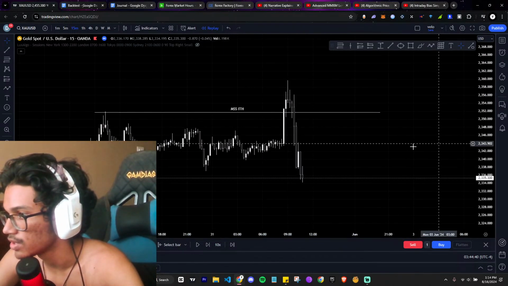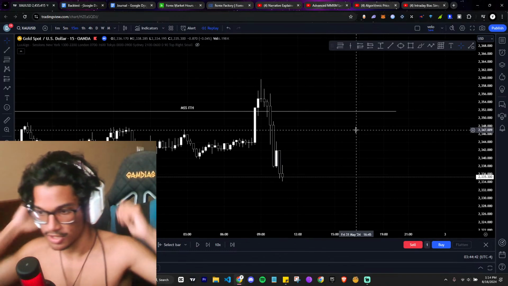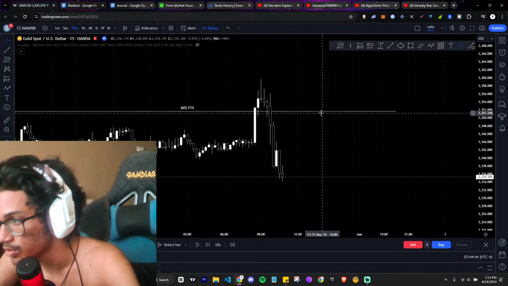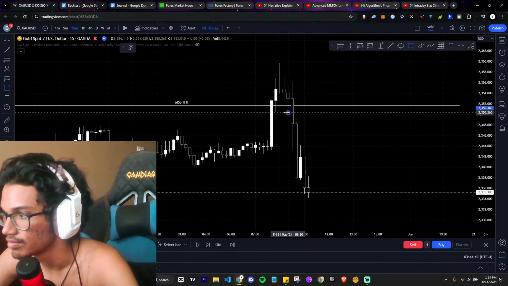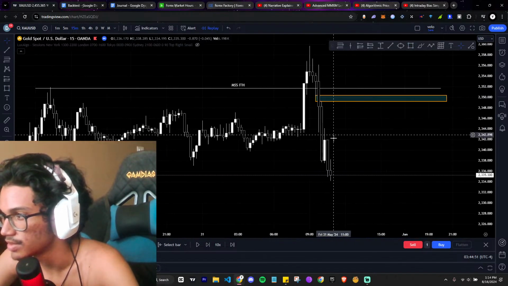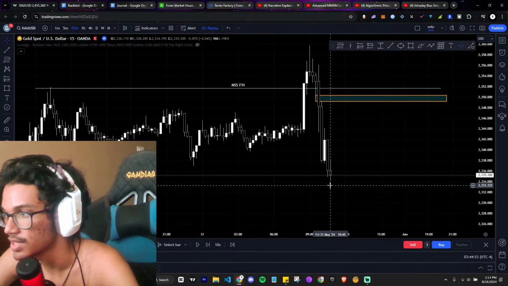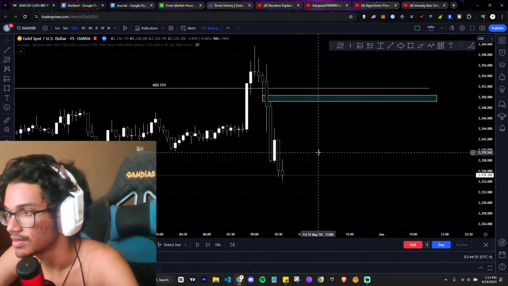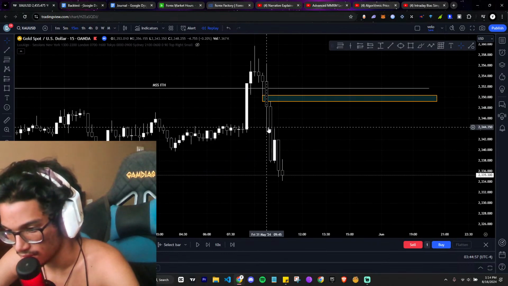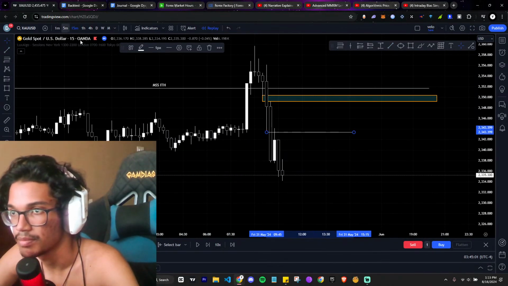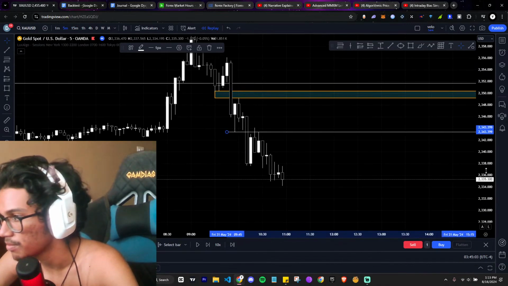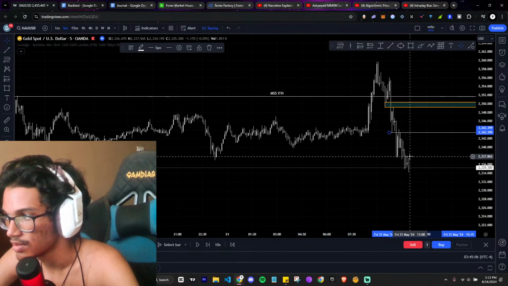So you see over here, we're going to have this market structure shift. I mean, the liquidity sweep. And we see this inverse fair value gap. Unless we tap back into this, I'm not trying to take this trade. This is the breakaway gap. And we aim for,